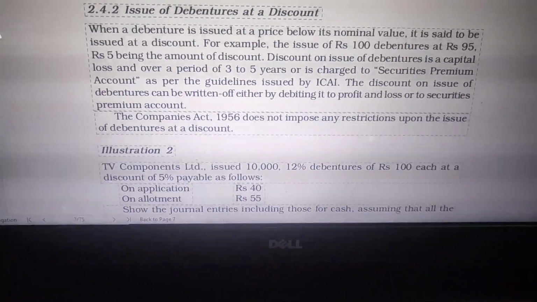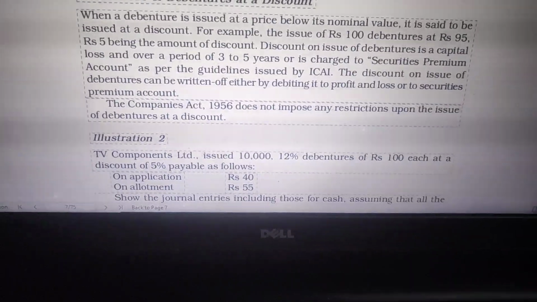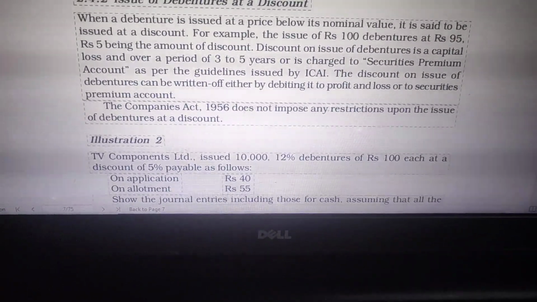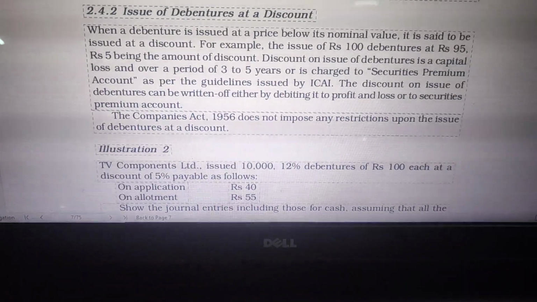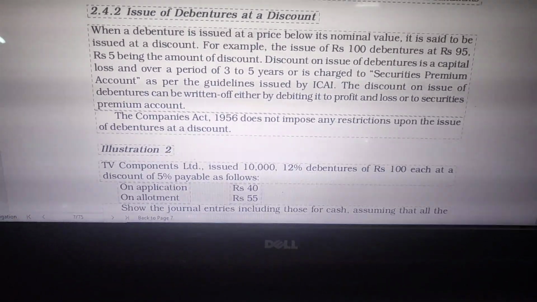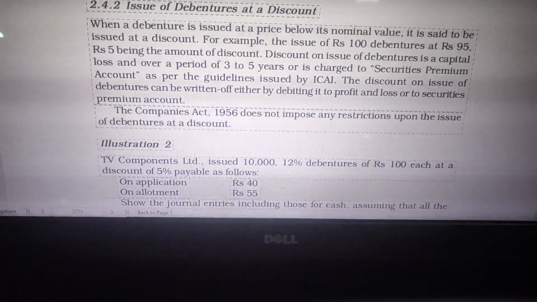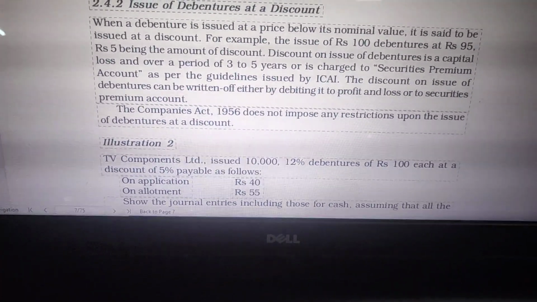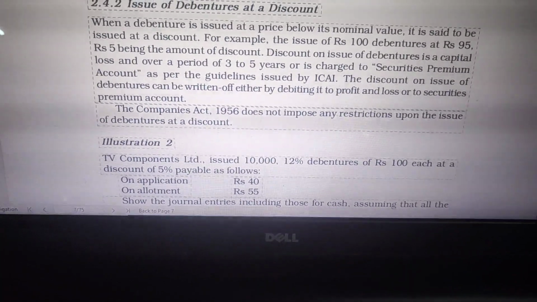When a debenture is issued at a price below its nominal value, it is said to be issued at a discount. For example, the issue of 100 debentures at rupees 95. So here 5 will be the discount. Discount on issue of debentures is a capital loss for the company and over a period of 3 to 5 years it's charged to securities premium account